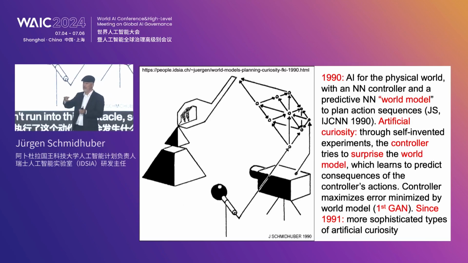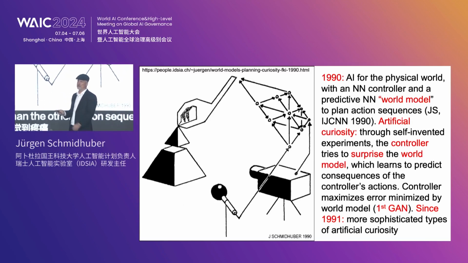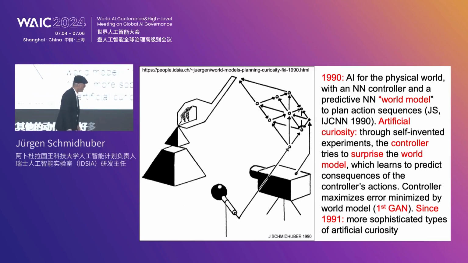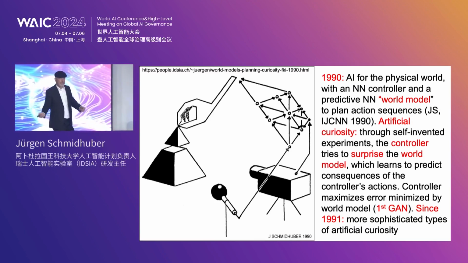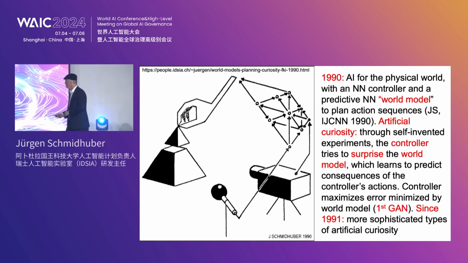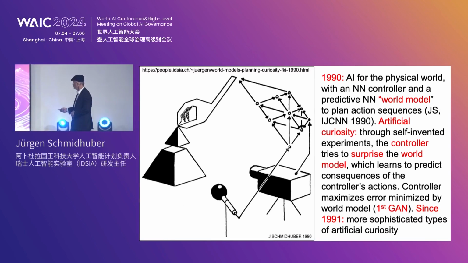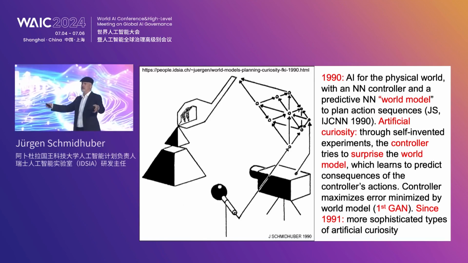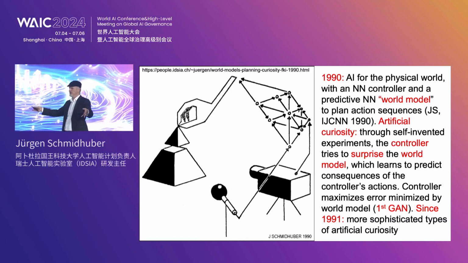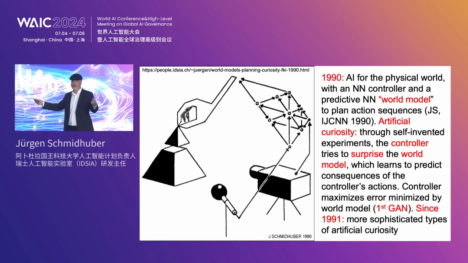So it's much better than the other action sequence, and I'm going to take that one to optimize my performance in the future. So that goes back to these old papers, again, to this miraculous year, 1990. And the important thing is, in the beginning, the controller is creating actions, and there are consequences of the actions, but the model of the world knows nothing about that. So the world model is stupid.